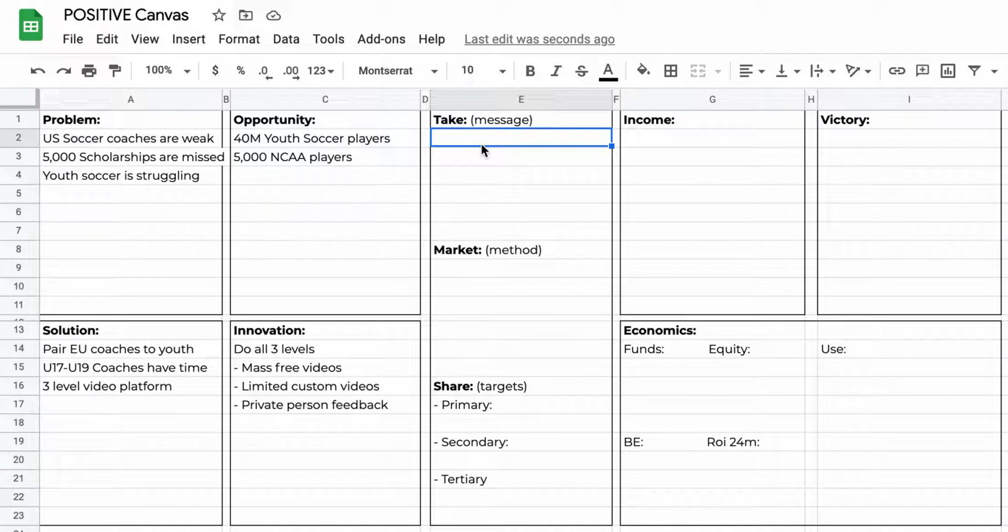This is a big one because the way you get out to the market is really important. You don't just show up, you don't just go to a market and say, please buy my bread. You have to actually fight for market share. There are people in the markets already doing something, so you have to do it better. How are you going to differentiate? So what is your message?